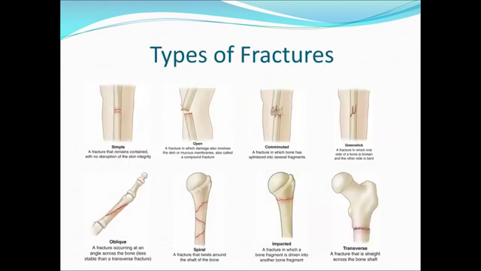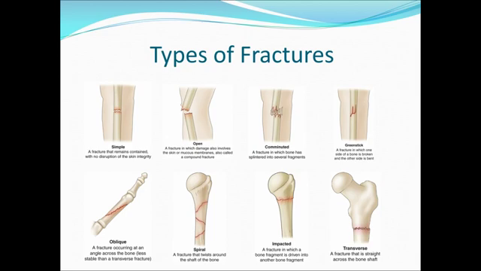So your textbook talks about different types of fractures, and we're going to focus on hip fractures just here in a minute, because those are the ones that are most associated with older adults and also falls. But just some basic stuff. A closed or simple fracture is one that does not break through the skin surface. An open or a compound fracture, now you have disruption of skin integrity. There's an open wound, sometimes there's a bone protruding. These are the gruesome ones they like to show on Grey's Anatomy and things like that.